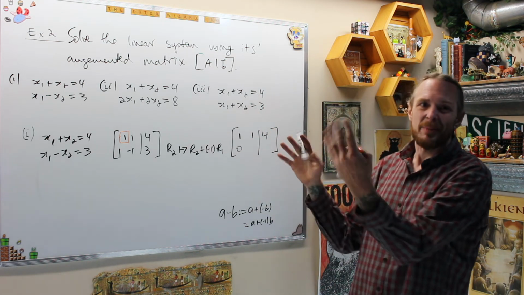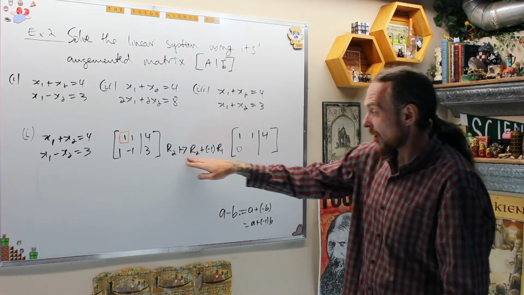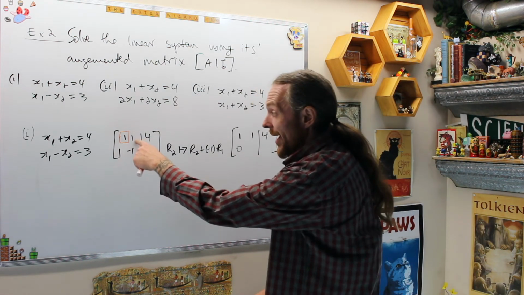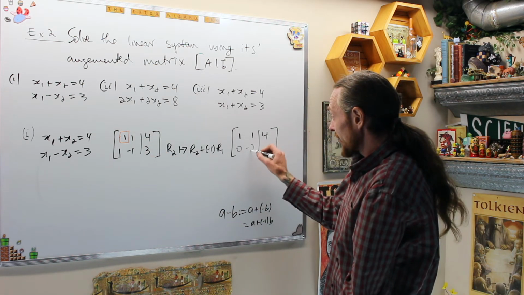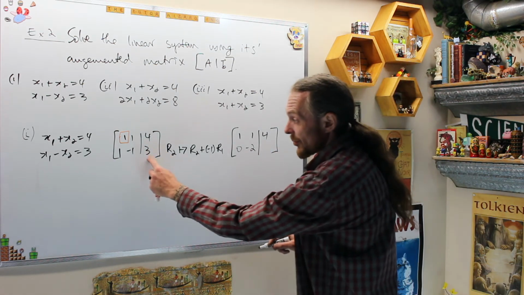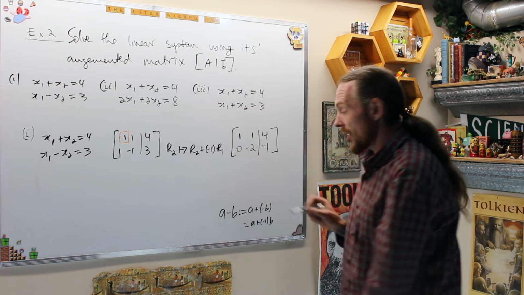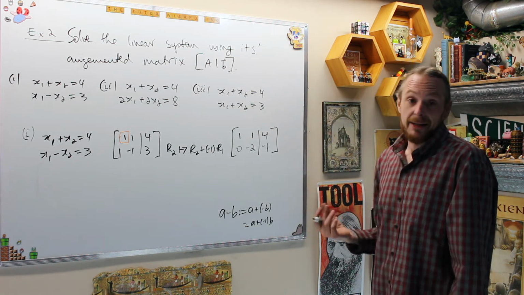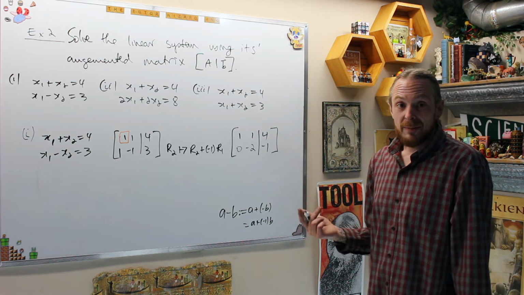Now what happens? Well, I have to manipulate because we're adding this row to a multiple of another row. I do minus 1. Minus 1 is going to give me negative 2. And then I do 3 minus 4 gives me negative 1. I can essentially stop anytime I want, but I'm going to do one more move to make it nice and